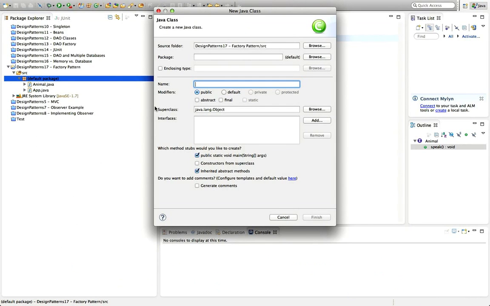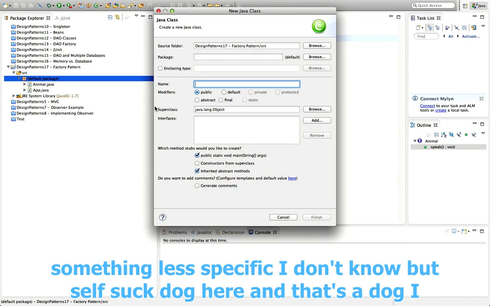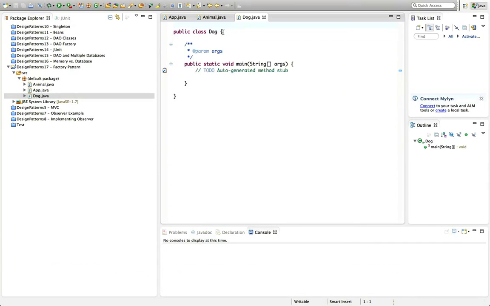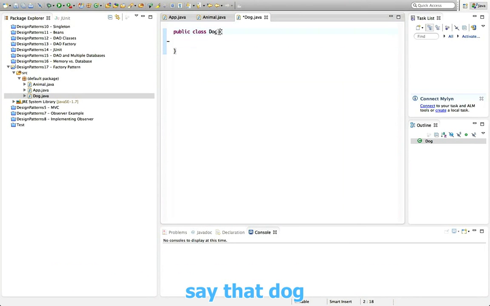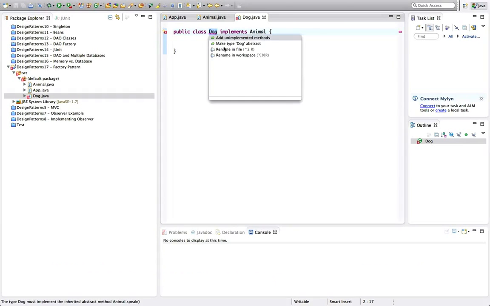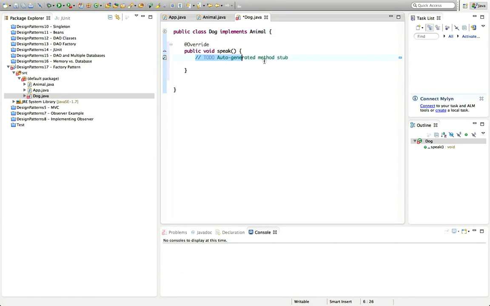I'm trying to decide whether we should have stuff like dog and cat or something less specific. I don't know. Let's have dog here. And let's say that dog, whoops, I don't want a main method in it. Let's say that dog implements animal, and let's add the speak method there, and I'll just put sysout woof,